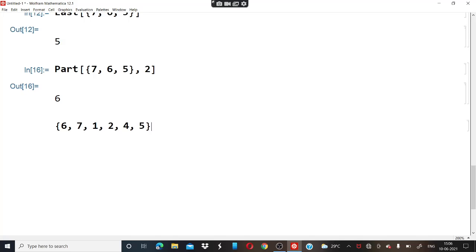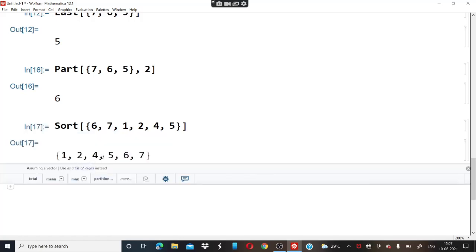We want to first sort it. What the sort operation does is write the elements in ascending order. So it will write 1, 2, 4, 5, 6, 7, that is in increasing order. Whatever elements are present, it writes in increasing order.